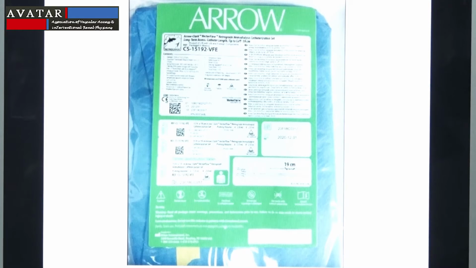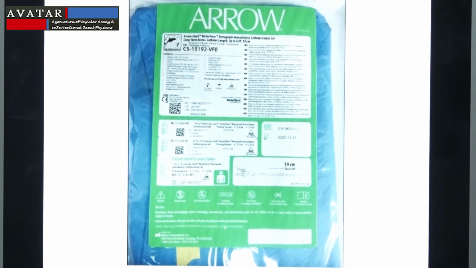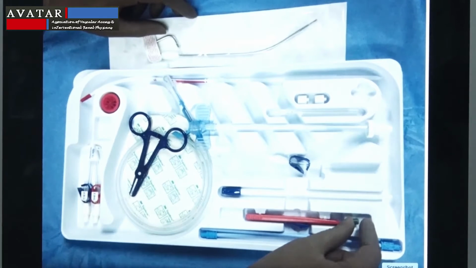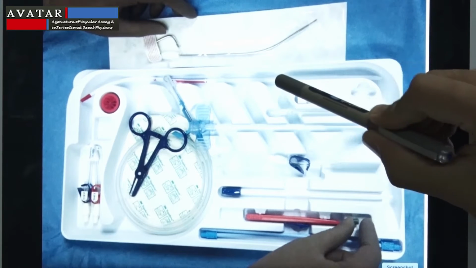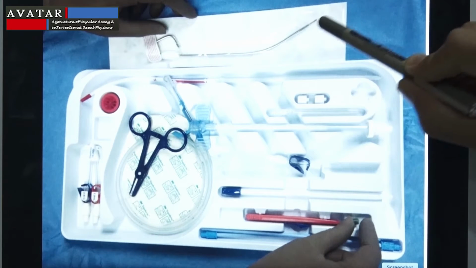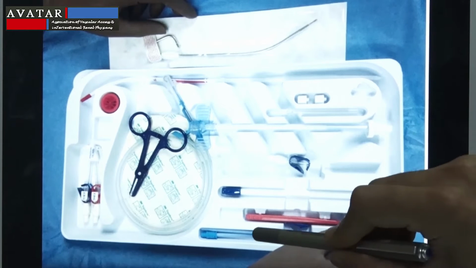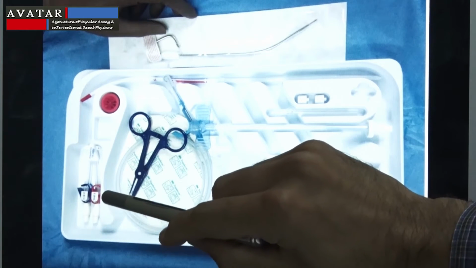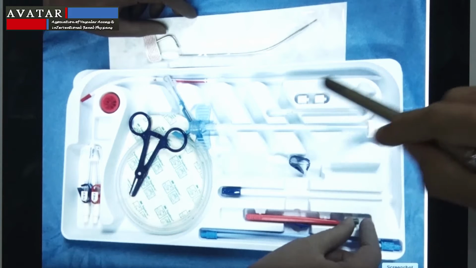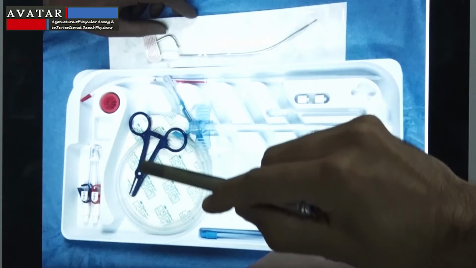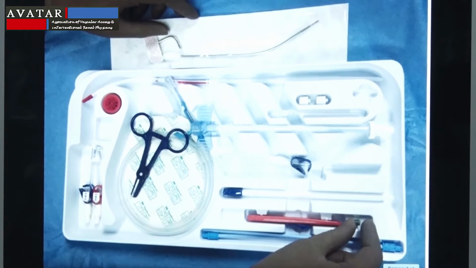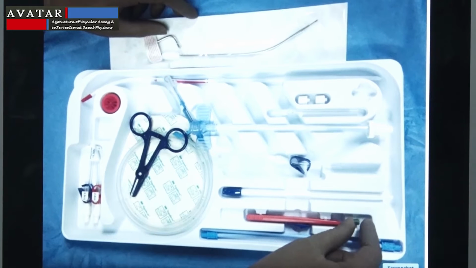In this presentation, I will be using the retrograde catheter from Arrow, which is the VectorFlex. We can see here this is the catheter, this is the introducer, the tunneler, this is the peel apart sheath, the dilators, and this is the hub which is attached to the end of the catheter over here, and these are the clamps which are used for venostasis, so as to prevent air embolism.